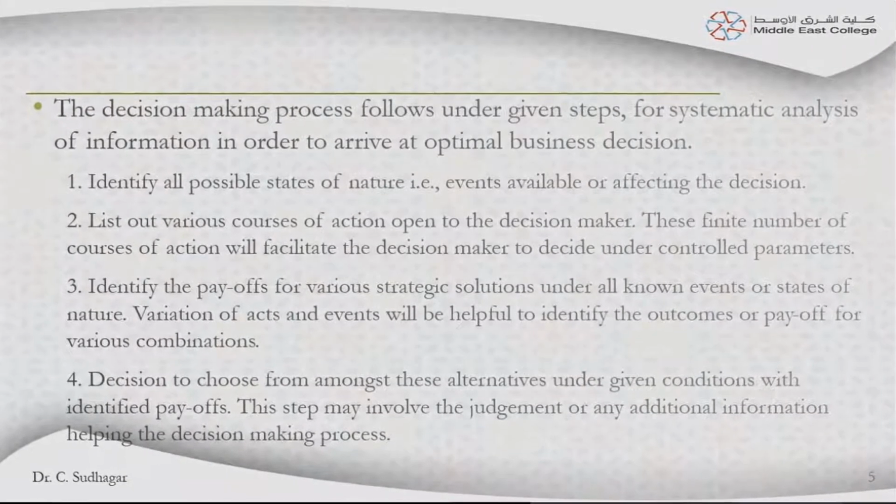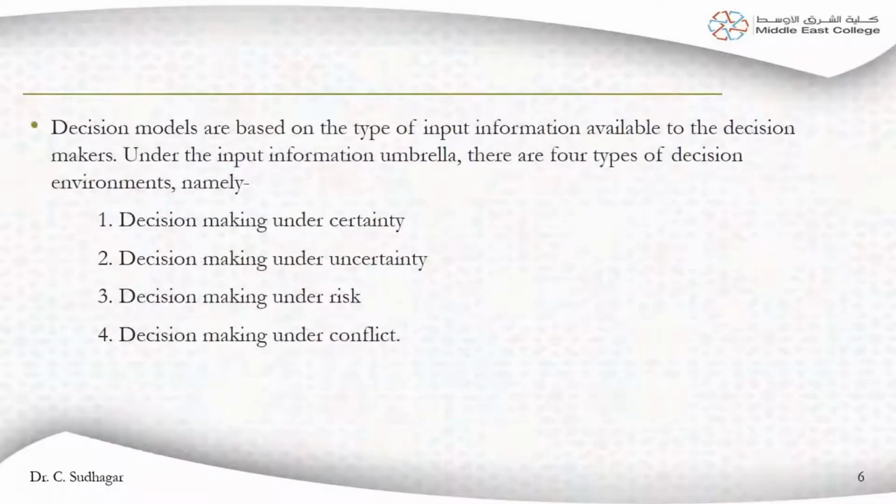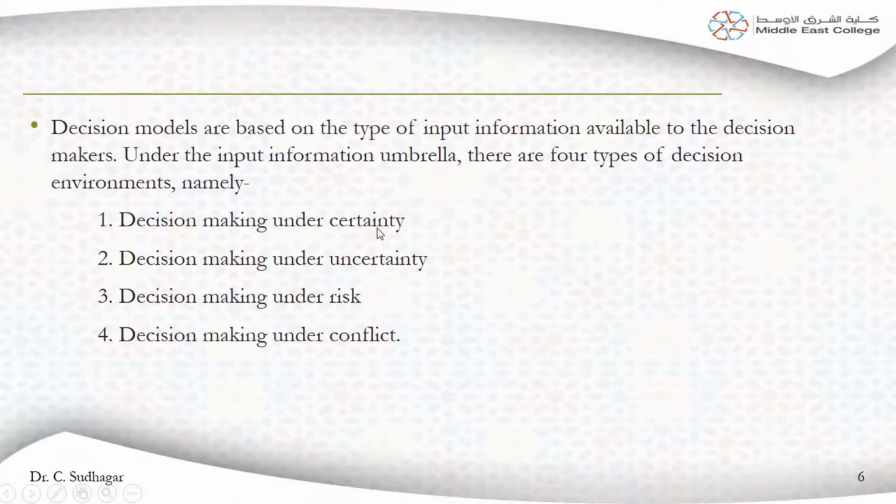The available data. Sometimes when you have more data, it is called certainty. Certainty means you have more data. Already some people are running the business, so you know that there are a lot of coffee shops, and you know on average in one place how much a coffee shop will earn, and how many people will come and take a coffee in that place. So all this data is very well known to us, so that is called decision making under certainty. The information is known to us, so based on the known information we can make decisions.